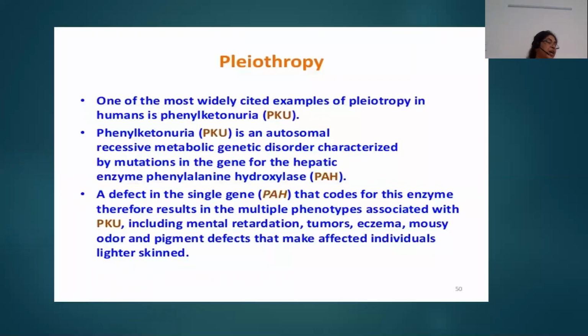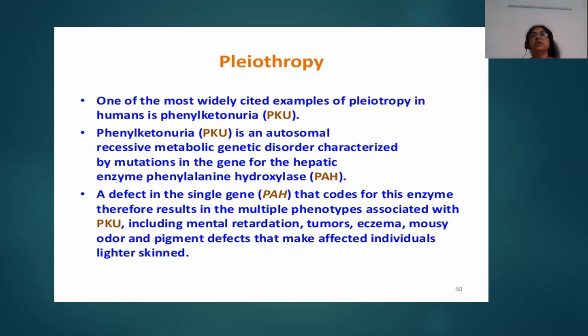Now this disease, phenylketonuria, is an autosomal recessive disease. This disease is caused due to mutation in the gene that codes for the phenylalanine hydroxylase enzyme. There is a gene that codes for the enzyme phenylalanine hydroxylase. If mutation takes place in this particular gene, then the person suffers from phenylketonuria. Children, this is an inborn error of metabolism. As I told you just now, it is an autosomal recessive trait.